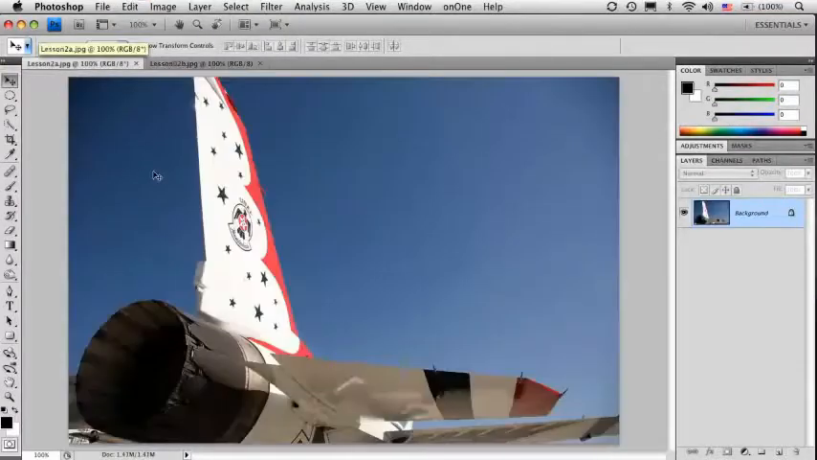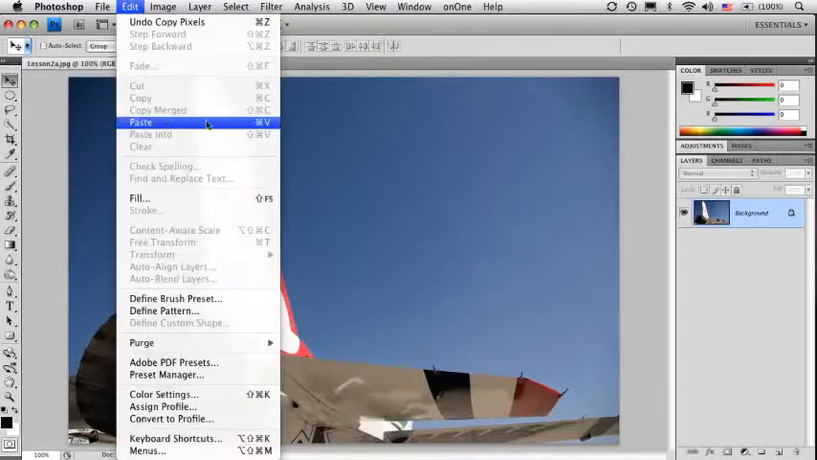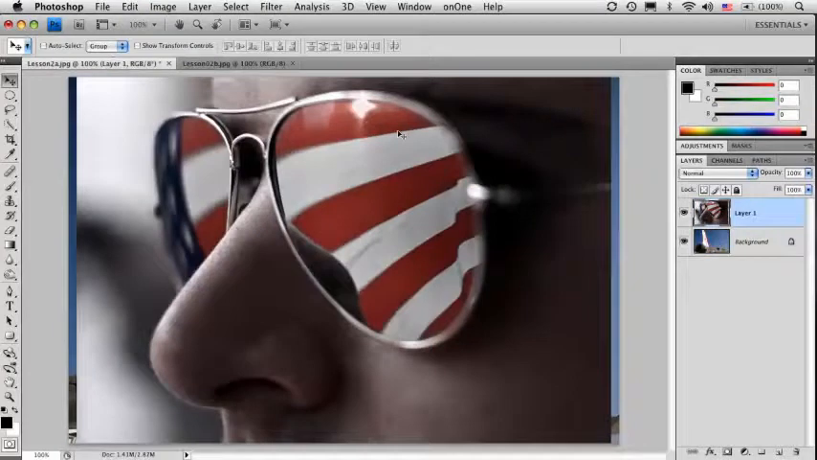Then I'll click on the other image. Notice in my Layers palette I've only got one layer. I'll click inside there, and I'll go down to Edit, Paste, and again, this is the last time I'll do that. I'll assume that everyone knows that Command or Control V is the shortcut. And now look what happened here. We got another layer inside of the Layers palette,